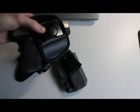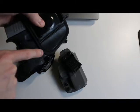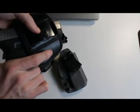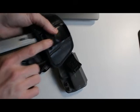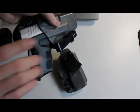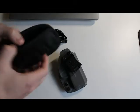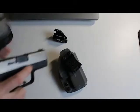Now the issue that I hated about this one was when I go to draw it, you can see there's no access for me to actually really grab the grip there. I'd have to grab the tip, kind of pull it out just a little bit, and then get my hand around it. I hated that. Versus, like the Stealth Gear USA holster, you can see I've got full access to that. So that was one thing I really hated about this generic, quick holster for carrying a light on the Springfield